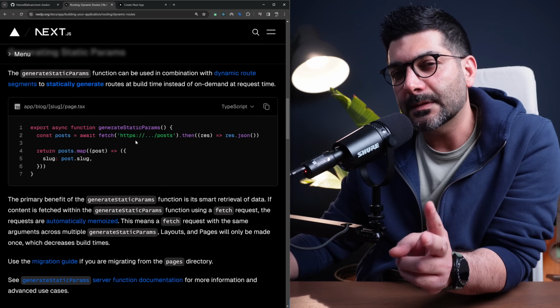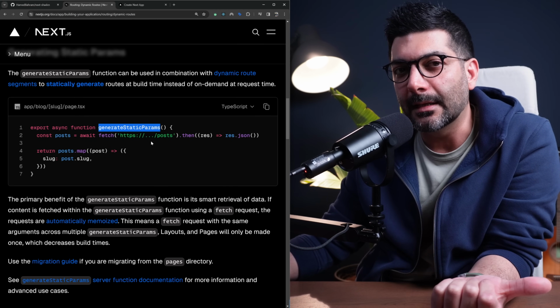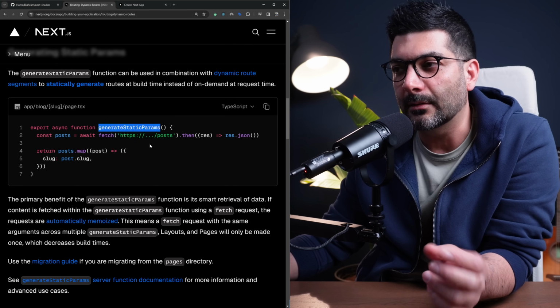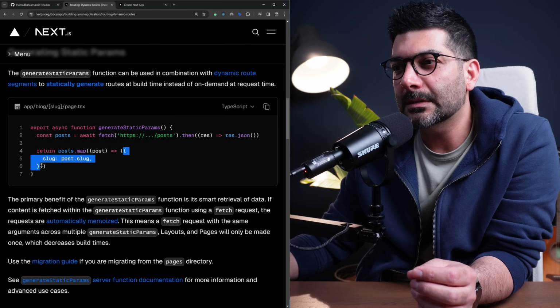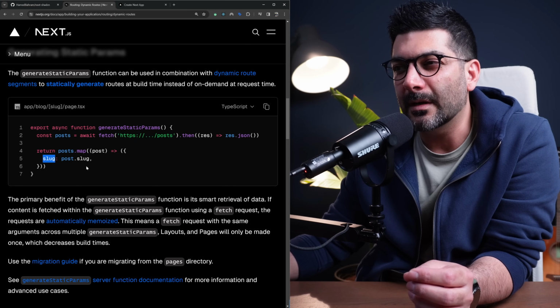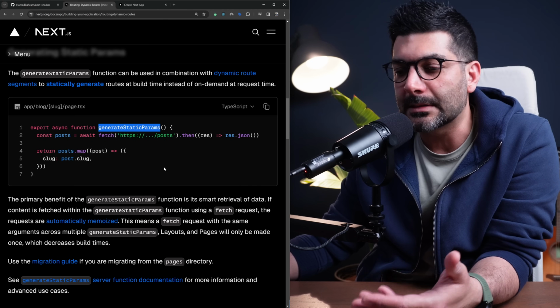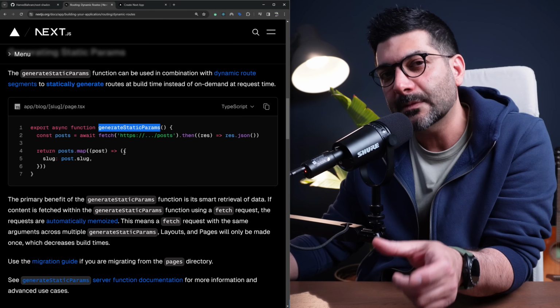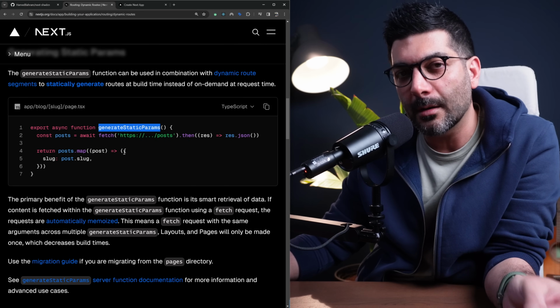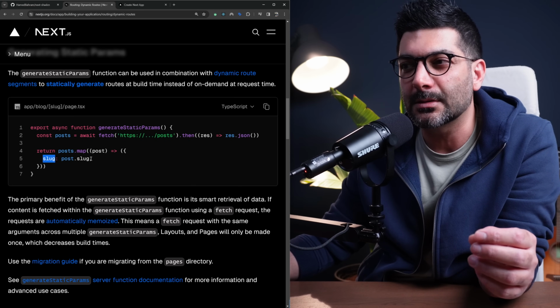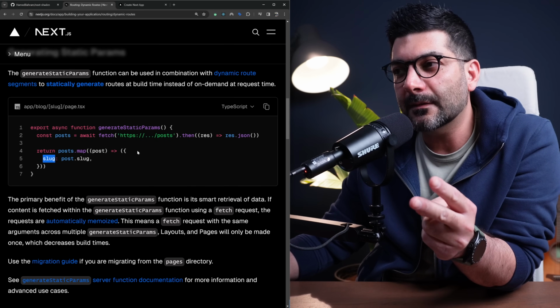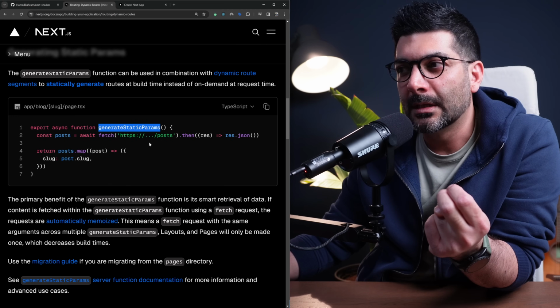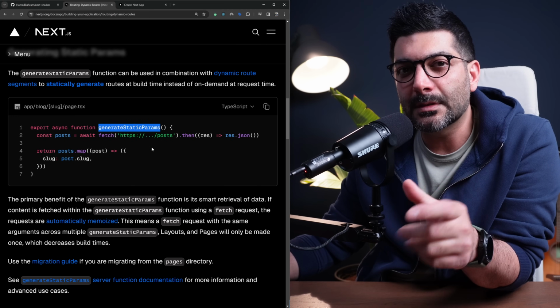Now there's two differences between the way that this works and the getStaticPaths inside the pages router. The first one is, well, this just returns the slug, whereas in the pages router, inside the getStaticPaths, you had to export an object that has a params property, and then the params property was an object, and inside that object you had a slug. So it's just simpler. And the second difference, which is more important, is inside the dynamic segments in the pages router,